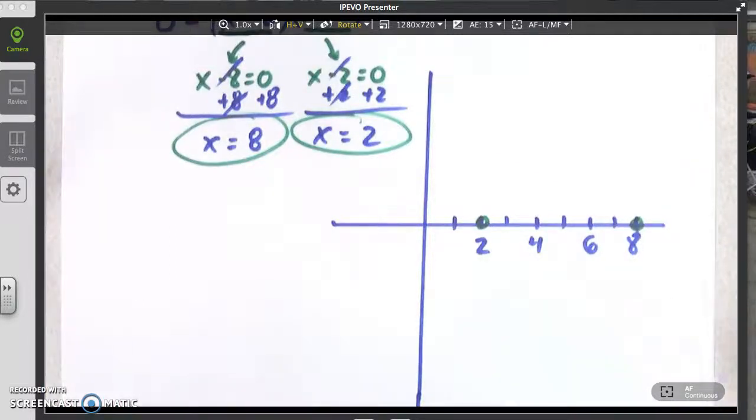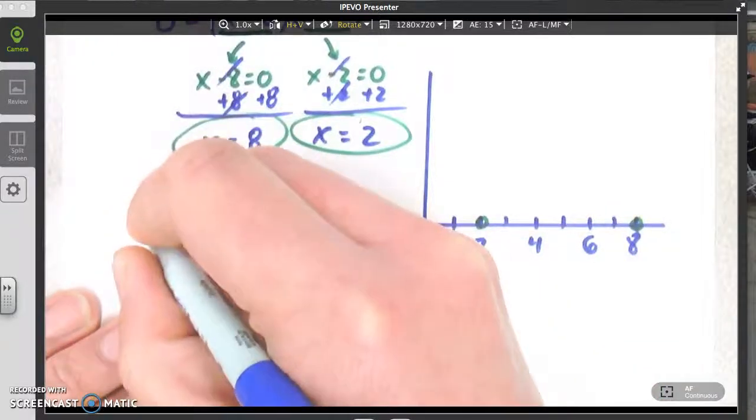Now let's assume you didn't know whether it was opening up or down. This one we know is going to open upwards because it's positive x squared. Okay, but let's assume we didn't know that. Well, the thing is, a parabola is always going to have a line of symmetry going down the middle. Okay, so in the middle of 2 and 8, we need to know what that is. The middle of 2 and 8 is